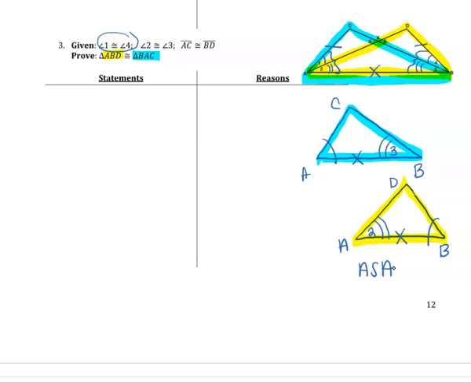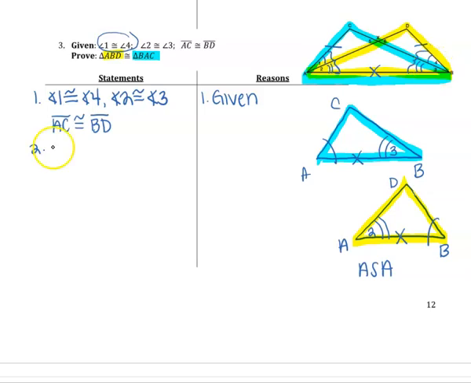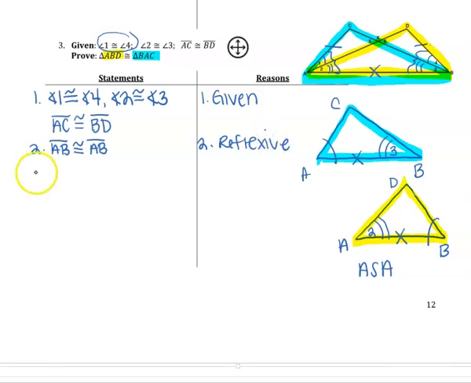All right, first things first, let's insert our givens. Boom. And then step 2, let's knock out that reflexive property because that's really easy. All right, so let's now start the process of addition. So the things I'm going to be adding that I already know are equal are 1 and 4 being added to 2 and 3. So let's write angle 1 plus angle 2